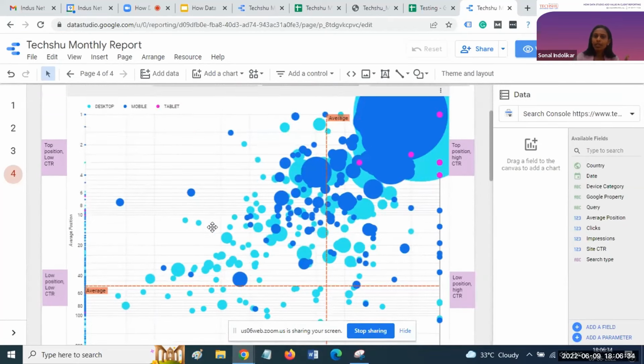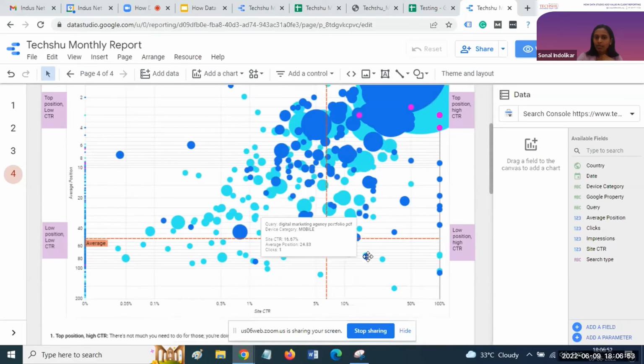For example, for your client, if you are from the search engine optimization team and you know the keyword positioning and keyword CTR, how important they are for your business, and you want to visualize the data related to that, then in the bubble chart they have provided the quadrant option.